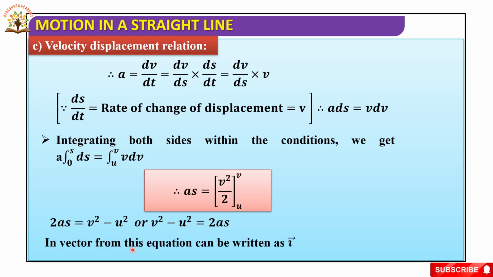In vector form this equation can be written as v bar dot v bar is equal to u bar dot u bar plus 2 into a bar dot s bar. This is the vector formulation for this third equation of motion, that is v square minus u square is equal to